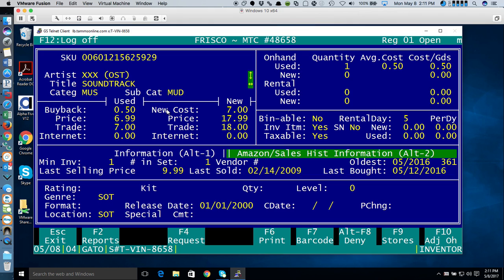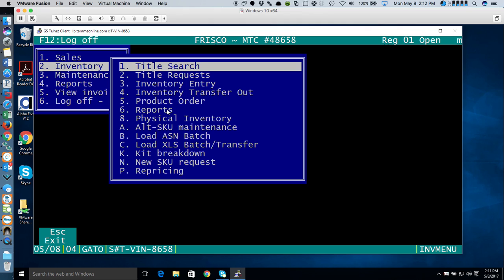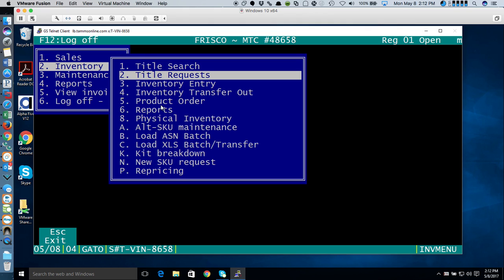Let's see. Oh yeah, and ISBNs, because we do have book clients. So I'm going to get out of the inventory. I think pretty much, you've got some of these you have, some of these you don't have. Physical inventory allows you to take, once all your product is labeled in the store with our labels, you can then take wireless scan guns. We typically use, they call them the Symbol